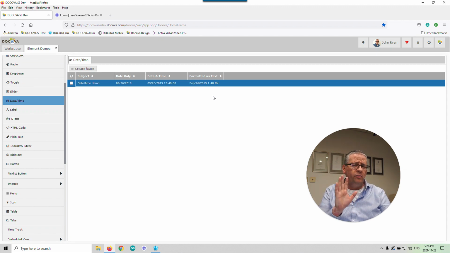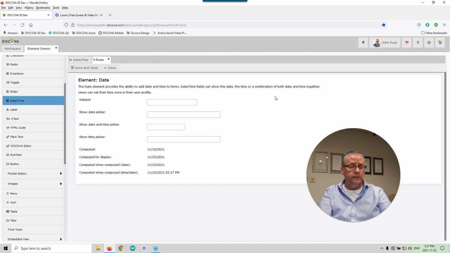There's a whole bunch of functions around dates too. Dates are a very important type of information, of course, in applications. But I'm just going to show you from a user interface point of view how easy it is to add to your form and the ways that you can use dates, just right out of the box. Okay. So you'll see in this date time form example